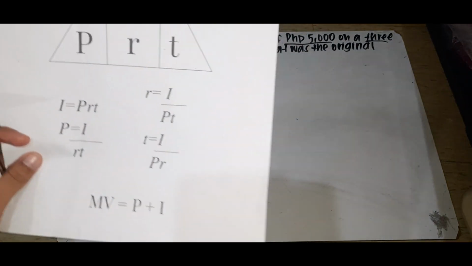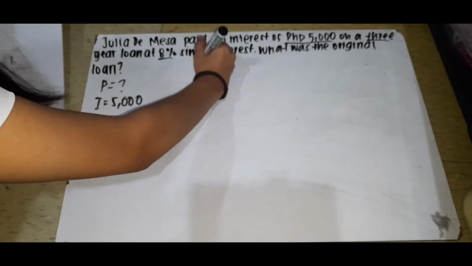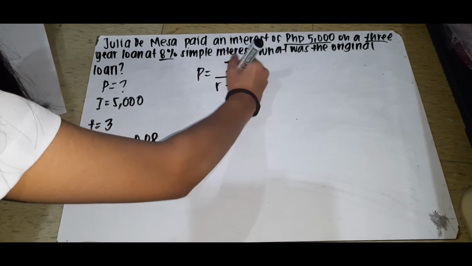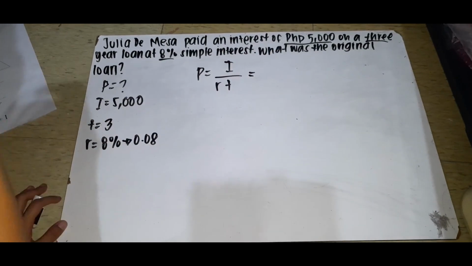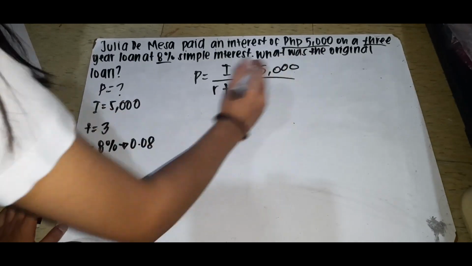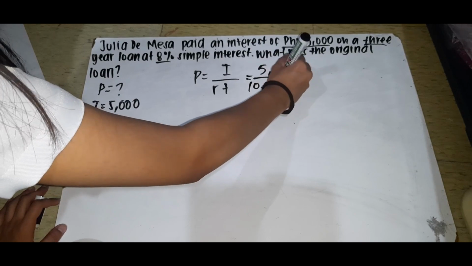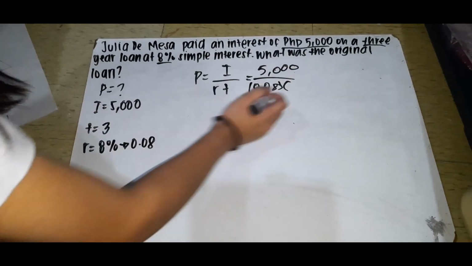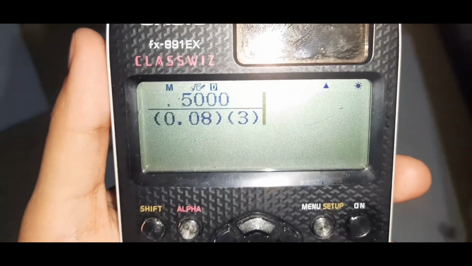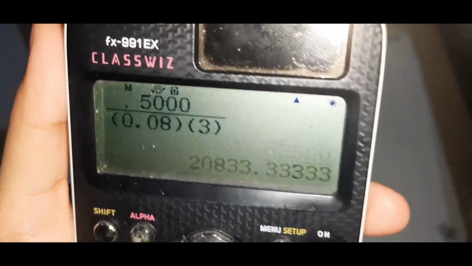Now let's look at the trianglula. We have P is equal to I over RT. And substitute all the given. So interest is 5,000 over rate. So rate is 0.08. And time is 3. Now it's in the calculator, so equals, and the answer would be